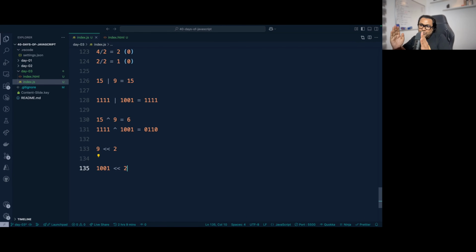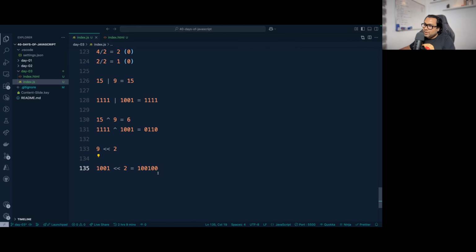Shifting by 2 means you shift left side 2 positions. So think about it. This is your first position, second position, third position, fourth position. Or take it as 0th position, first position, second position, third position, like that. Now, if you shift it twice left side, 1001 has got 2 positions left side shift, and those 2 positions should be filled with 0. So your resultant value will be